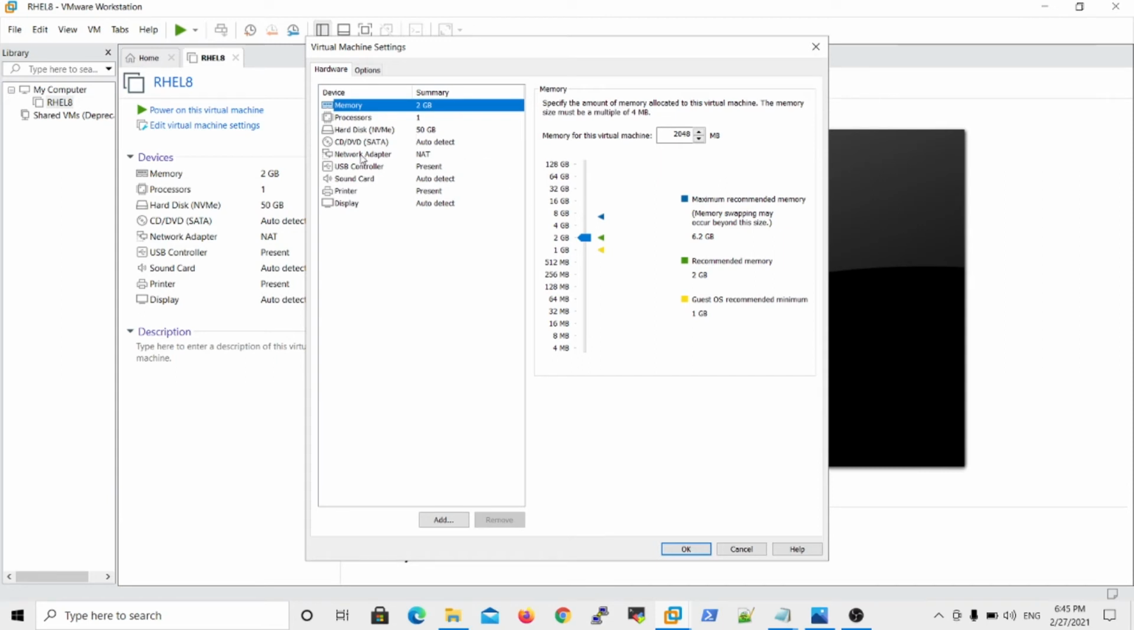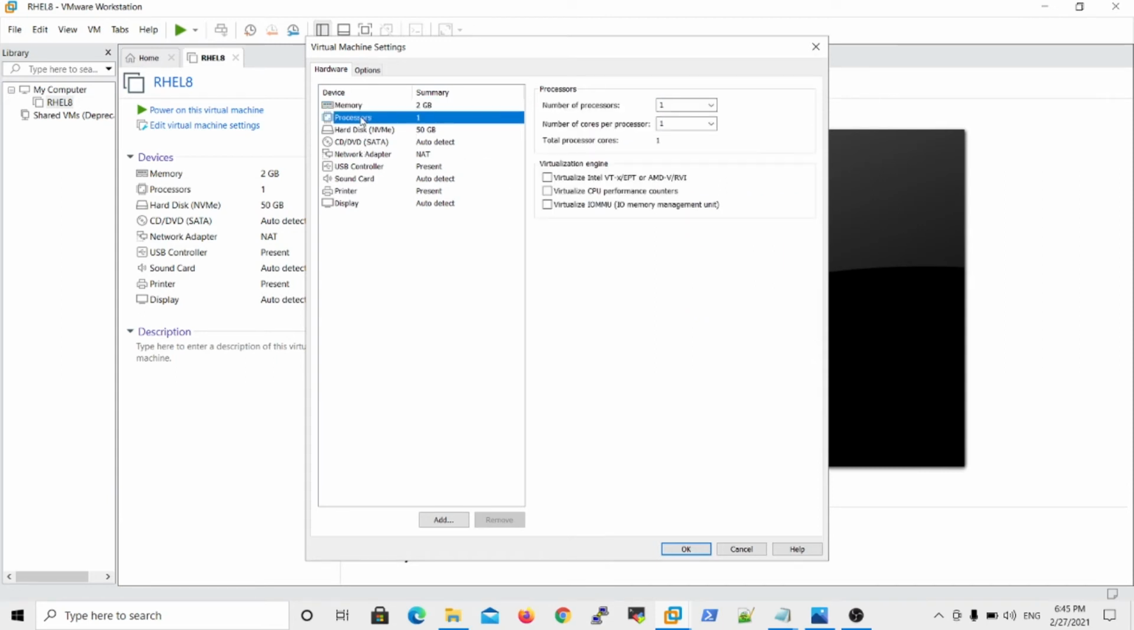And then you need to select the processor. So now one core processor, and number of cores of processor is one, that is good. Okay, then